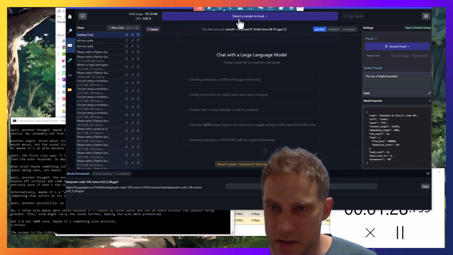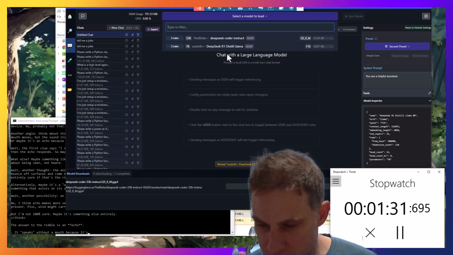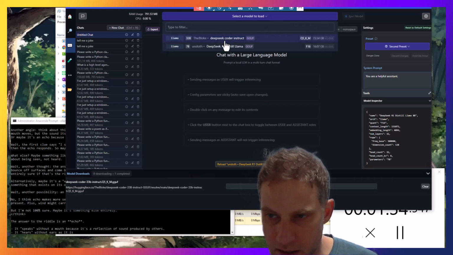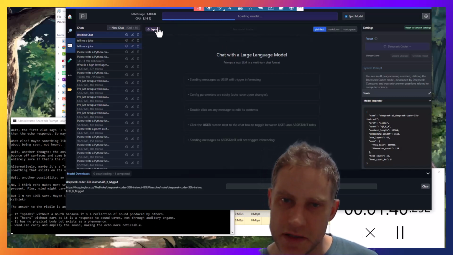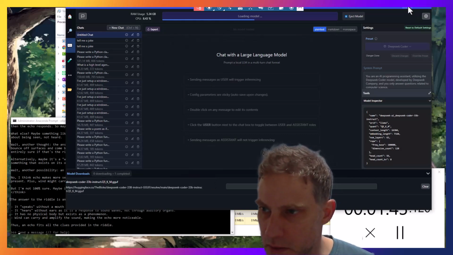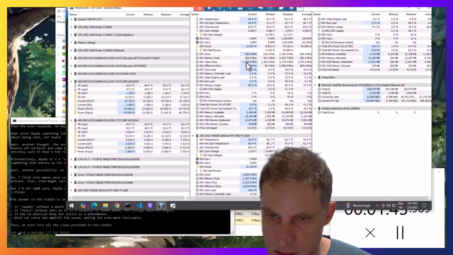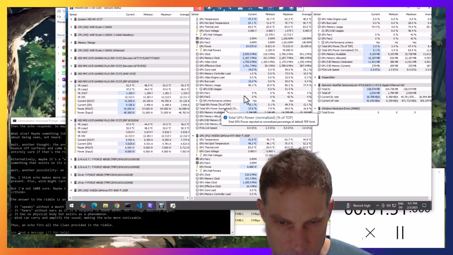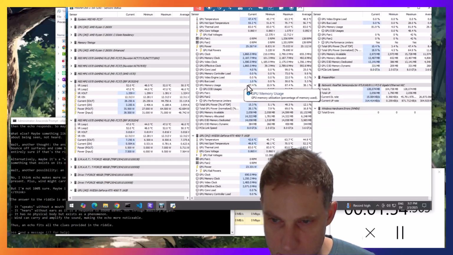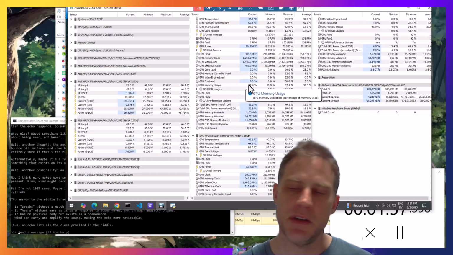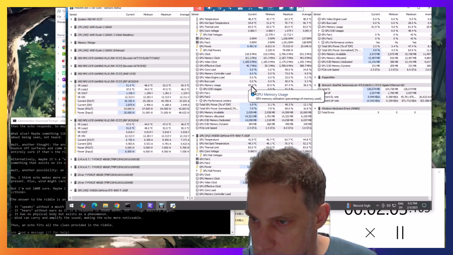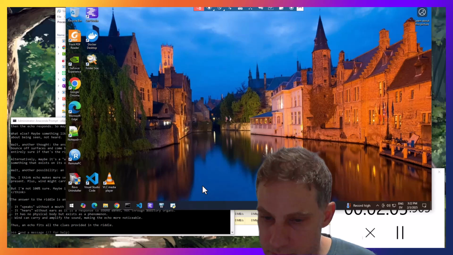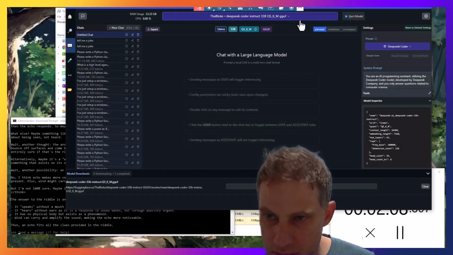All right, the 14B is still running, and we're a little bit more than a minute and a half in. Let's try this one. So with this, there's more of a chance. Sometimes I get a model failure, and we can see where's this memory load, memory usage. So I think the other one topped out in the 50 to 60% range, so it's already loading quite a bit more of the memory. It's loaded, so